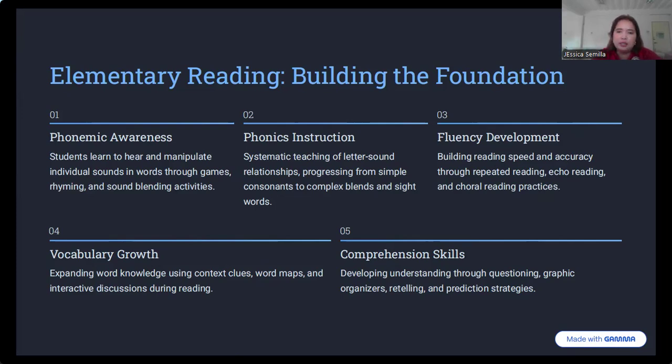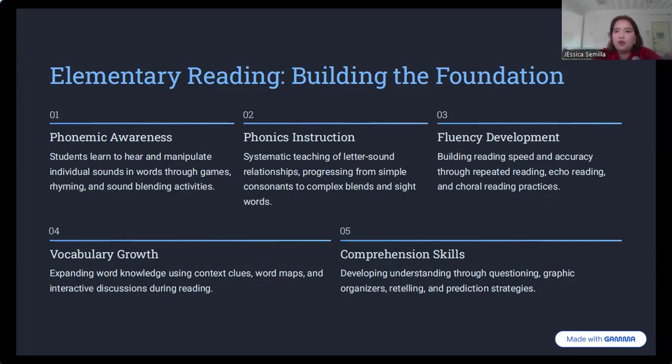So if you're going to look at it, it's really hard to discipline elementary students, because what teachers can only do at this level is engage them through something engaging like games or musical activities, because it will be easy for them to understand, and it would be easy for them to be attentive if the teachers utilize that.